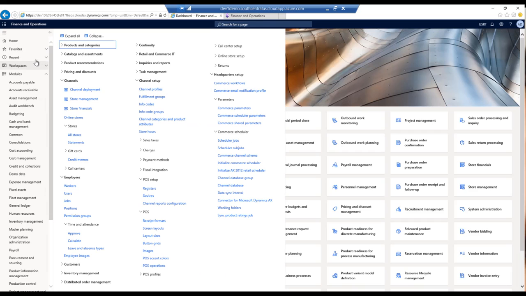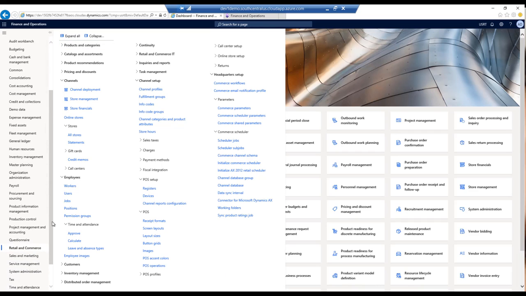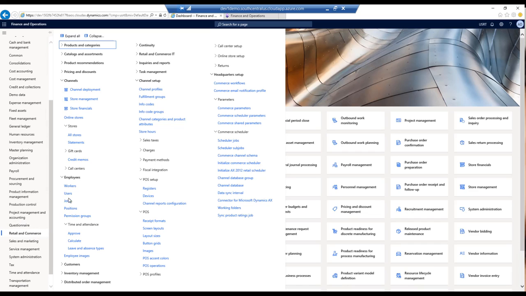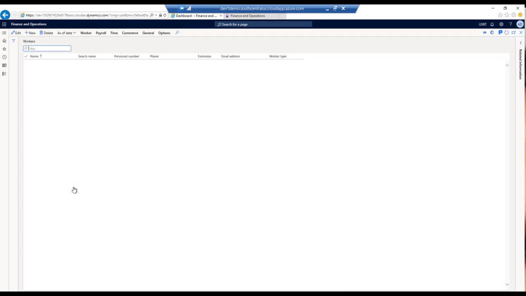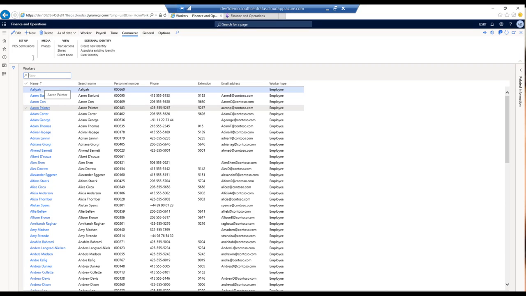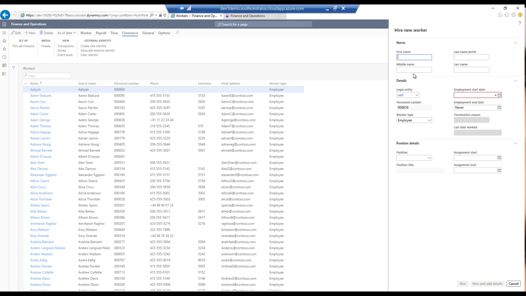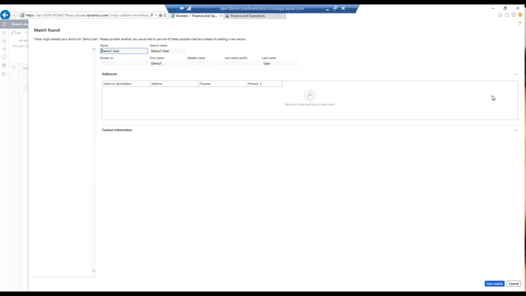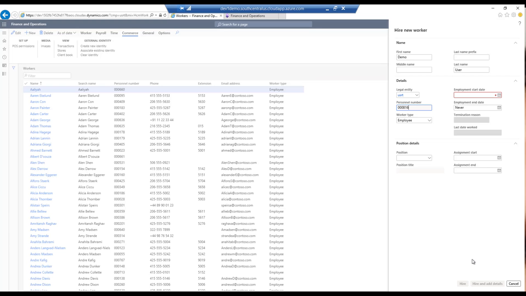So now I will go into the worker, but before that I will first go into retail and commerce, click on worker, click on new, give a demo in the first name, and basically it's a test name, and then set up the start date, and I just want to make sure that it's valid and a day before today or earlier than today. Then set up a position for that worker, and